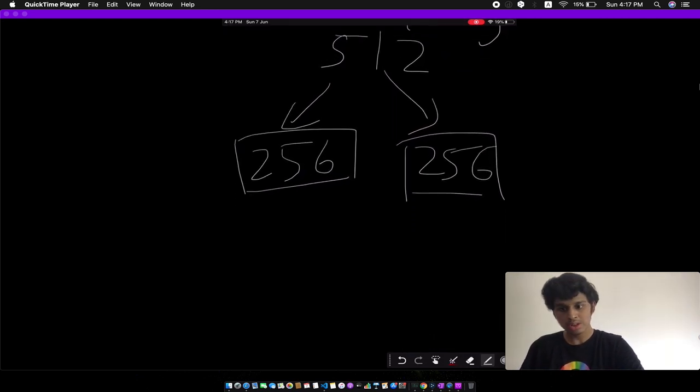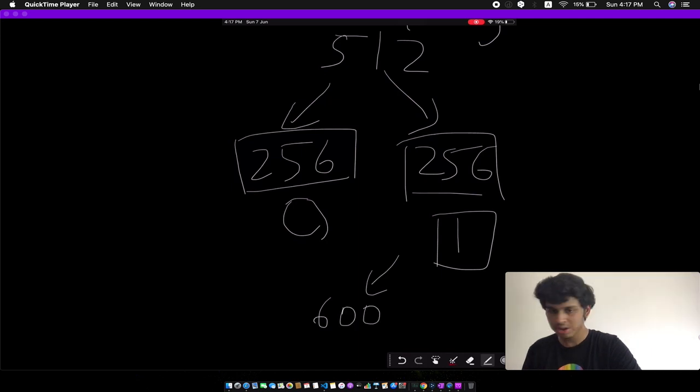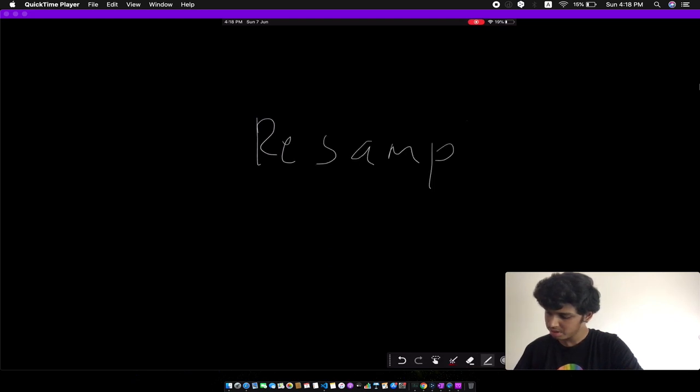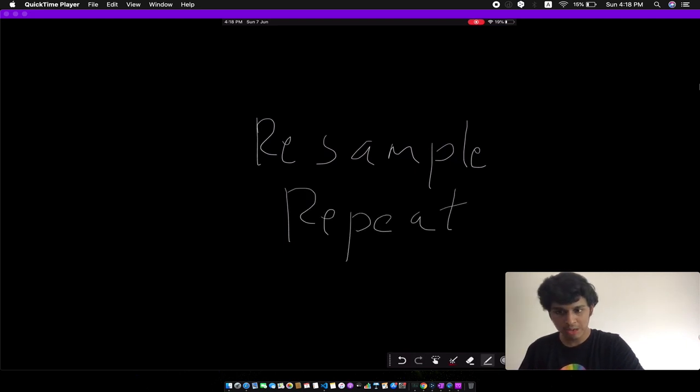But the problem with this technique is we will quickly run out of positive images because we have only 600 positive images and we cannot keep sampling both classes at exactly the same rate. So what we need to do is continuously resample positive examples, which means keep repeating the melanoma examples that we've already input to the model in the past.